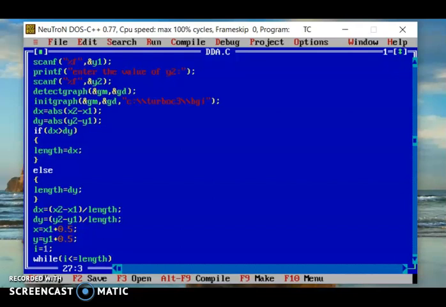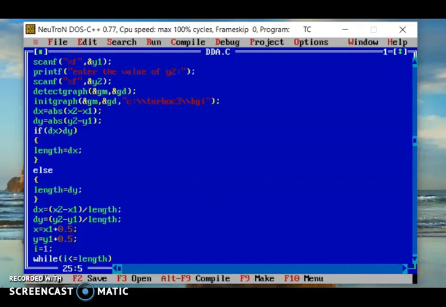How will the length be found? Here we got dx and dy, and we check if delta x is greater than delta y.